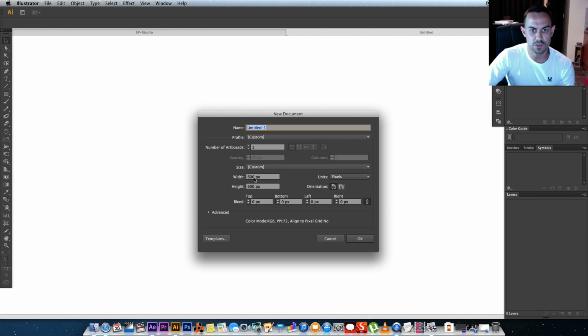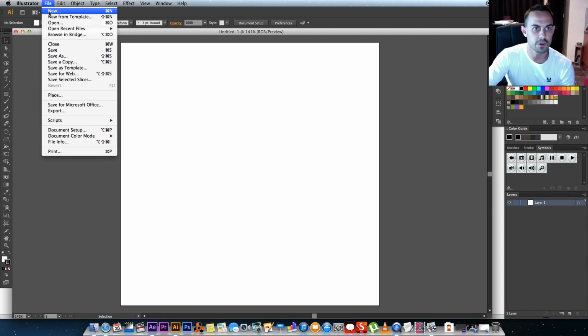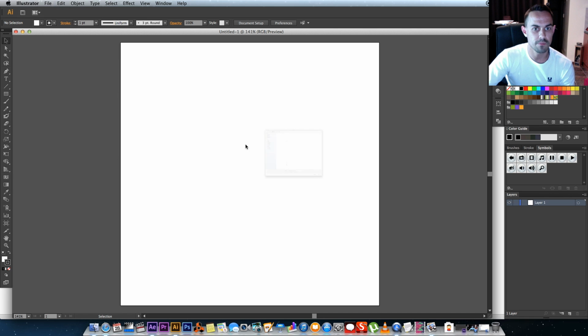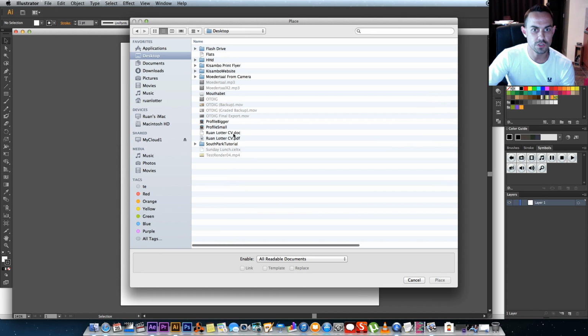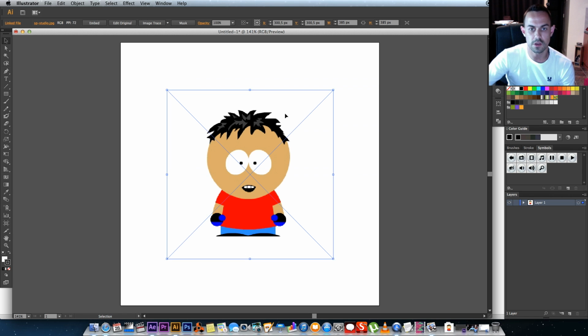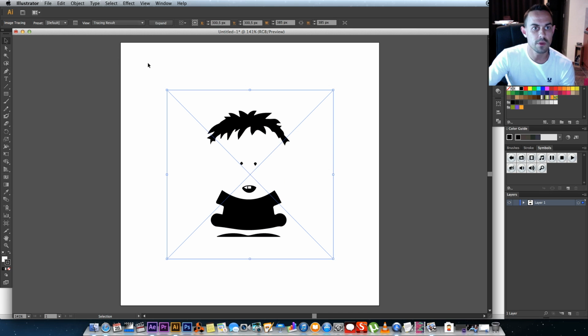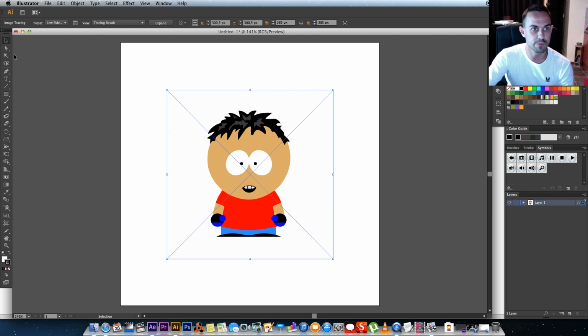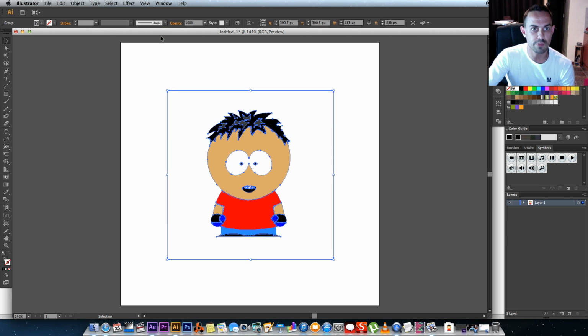The default settings should be fine. I'm using 600 by 600 pixels. Click on OK, and then we're going to go to File and then Place, and I'm going to load that image that we just saved. Okay, just click on Place, and here at the top I'm going to click on Image Trace, and it's going to try and trace the image for you, and here by preset I'm just going to select low fidelity photo. There we go. So very simple stuff, and then you're going to click on expand here to change this into